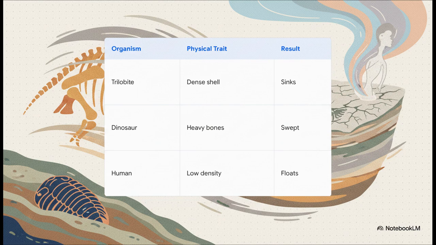This breakdown perfectly summarizes how the UTGH uses distinct physical traits to explain completely different resting places in the Earth. A trilobite's dense shell forces it to the bottom. A dinosaur's sheer massive bulk gets it caught up and buried in the sweeping middle layers. But a human's soft tissue and relatively low density keeps us floating above those deep fossilization traps entirely. According to the theory, we decayed on the surface or were destroyed by the elements, rather than being preserved under miles of rock.